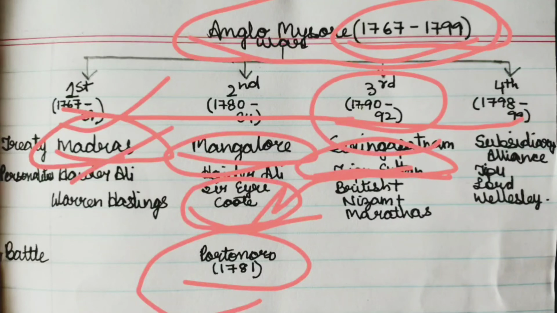See, in 1790, when it started, Tipu Sultan attacked on Travancore, which was an ally to the English. Cornwallis declared war against Tipu and then captured Travancore in 1791 by defeating Tipu Sultan. But Tipu Sultan somehow escaped from there. So once again, Tipu Sultan was defeated by the joint army of British, of Nizam and Marathas, and finally the